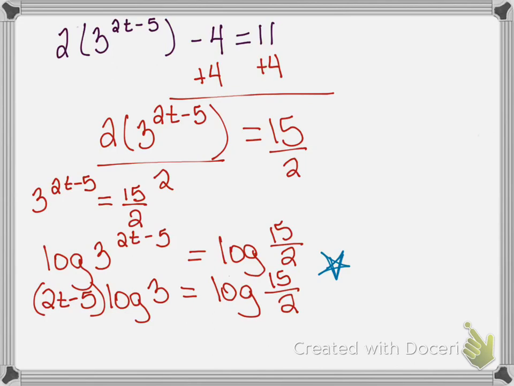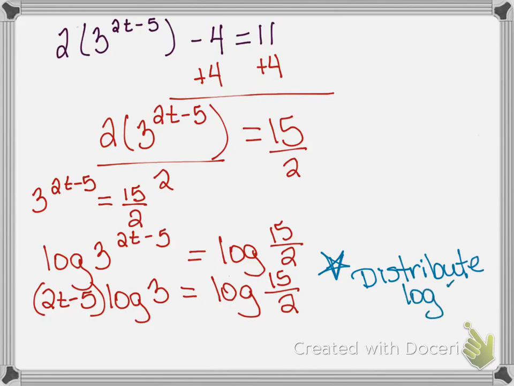And, 15. Nope, you've got to distribute it. So you're going to multiply it times the 2t, and you're going to multiply it times the -5. That's where students make mistakes, right there. You have to distribute